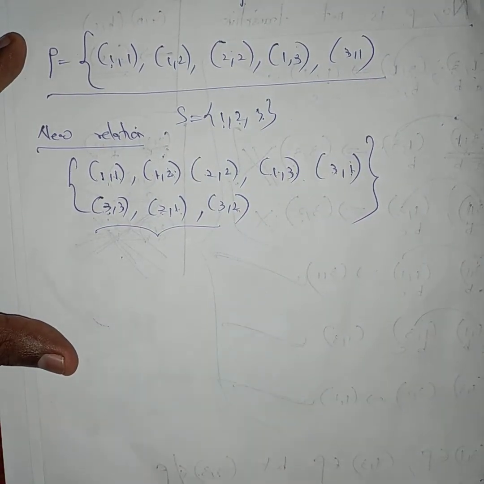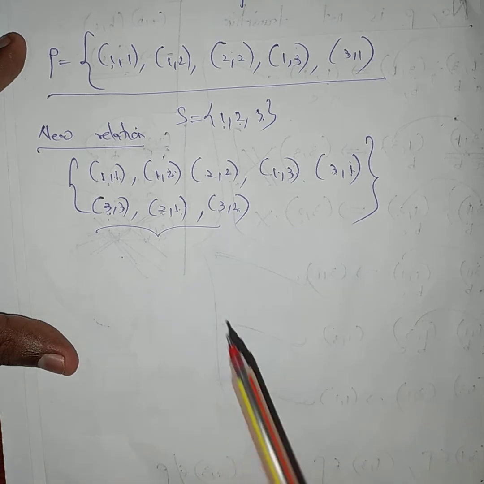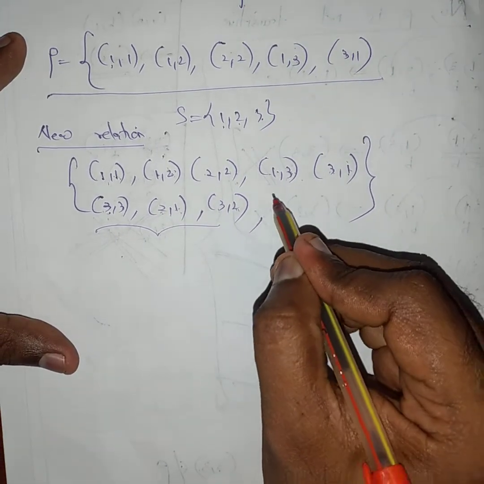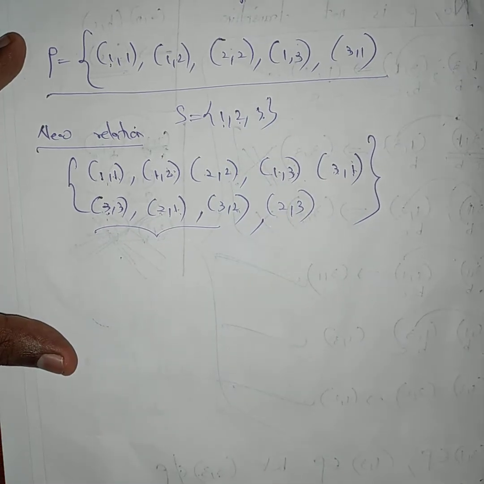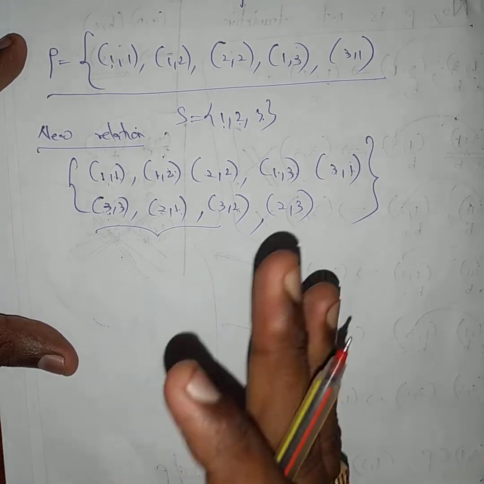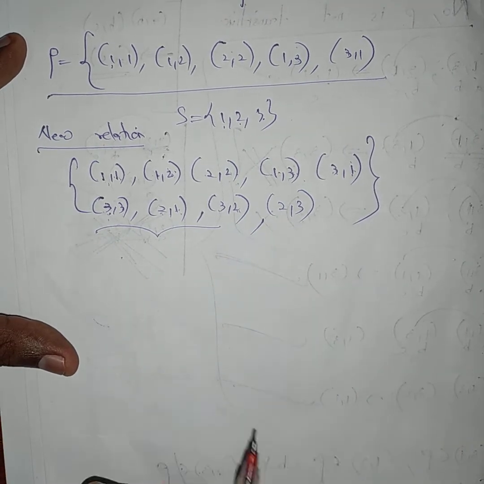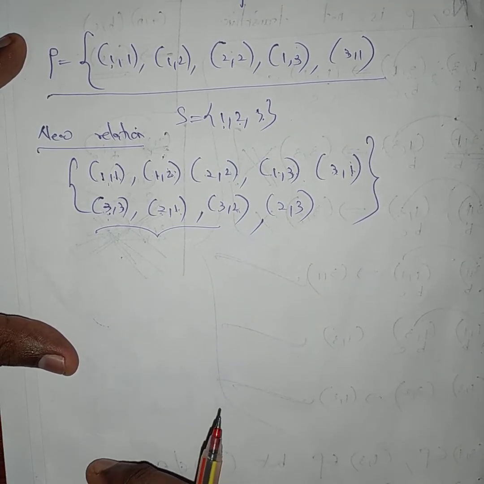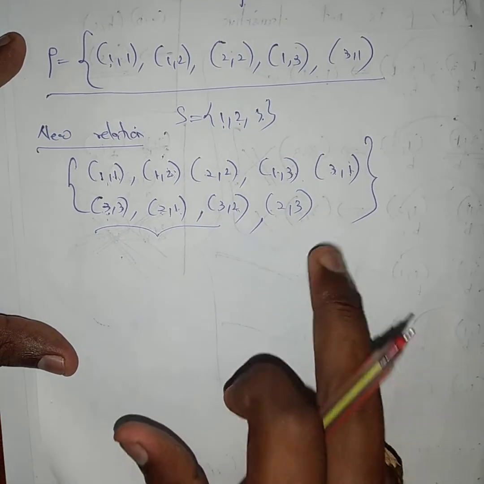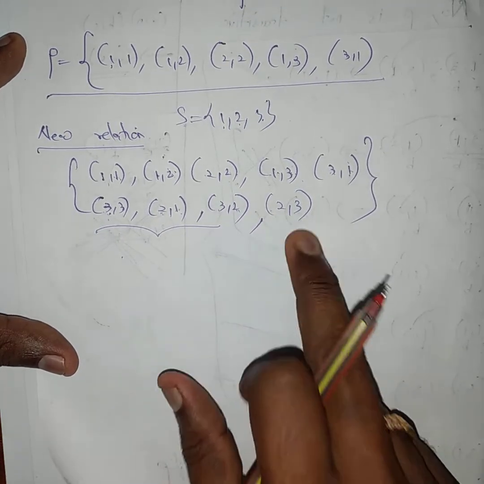Then how does it become symmetric? If it is not symmetric, then how does it become an equivalence? So, I need to add 2, 3. This is the main thing you need to learn. No sum exists like this; this is the only sum, a very different model. If we add 3, 2, that is 2, 3, then only it can be symmetric. For 3, 2, there should be 2, 3.